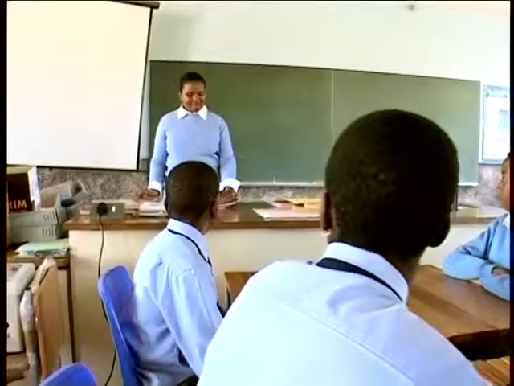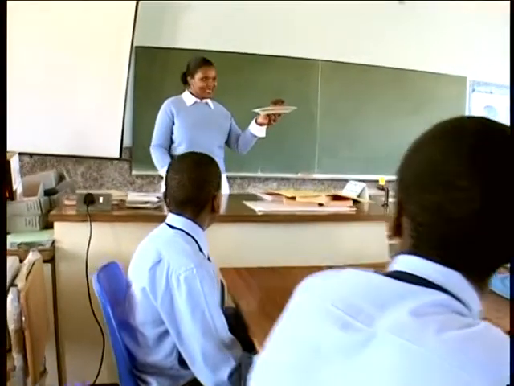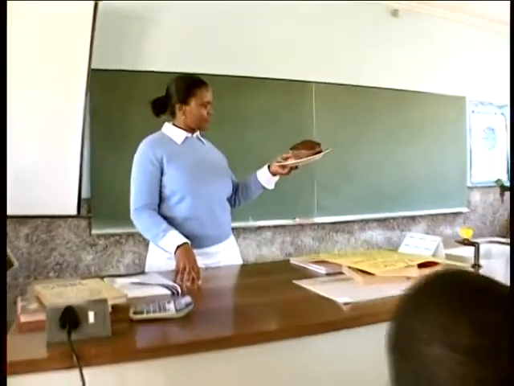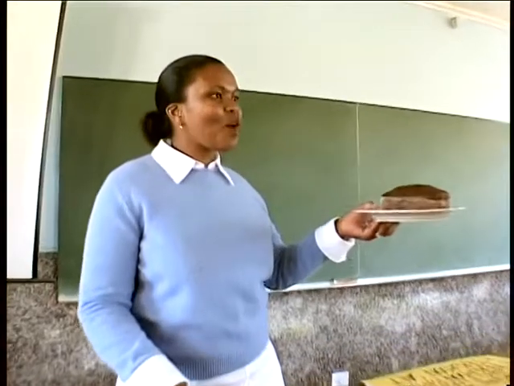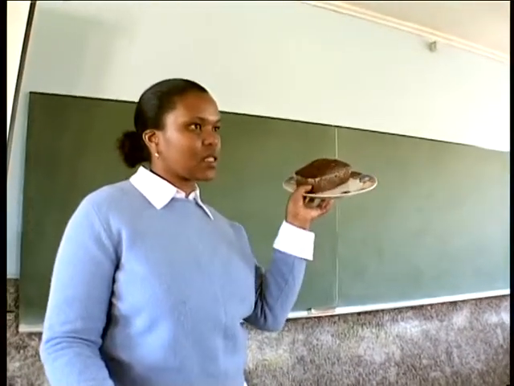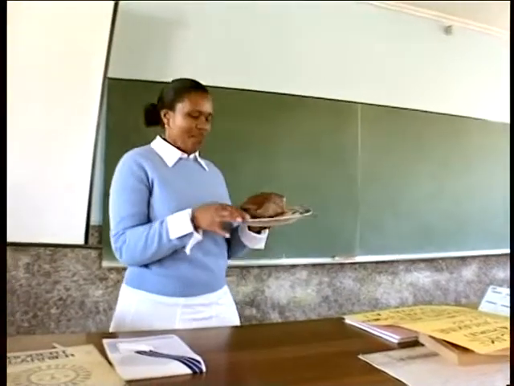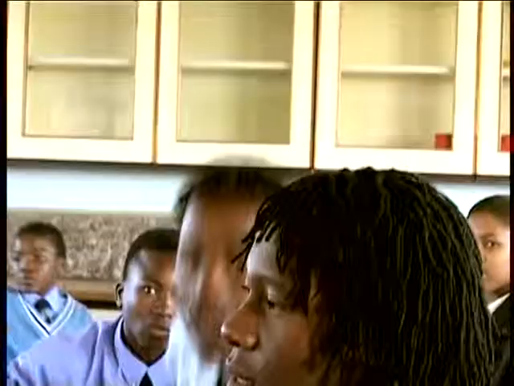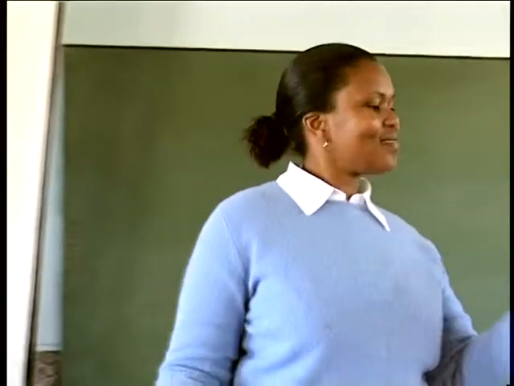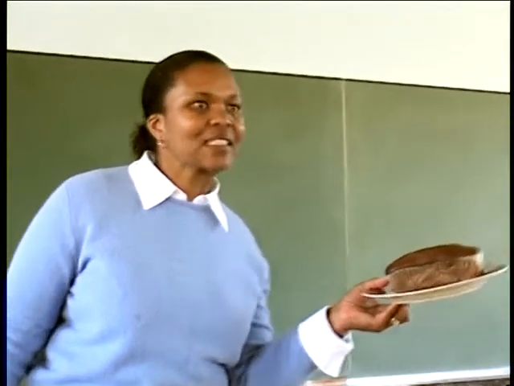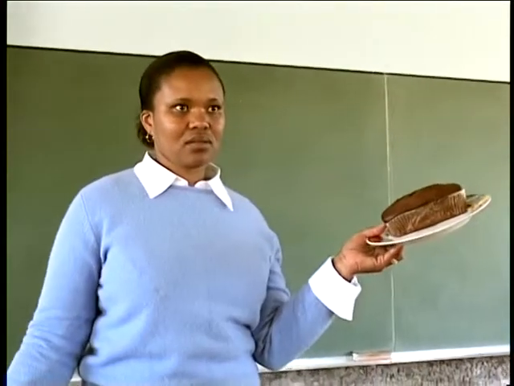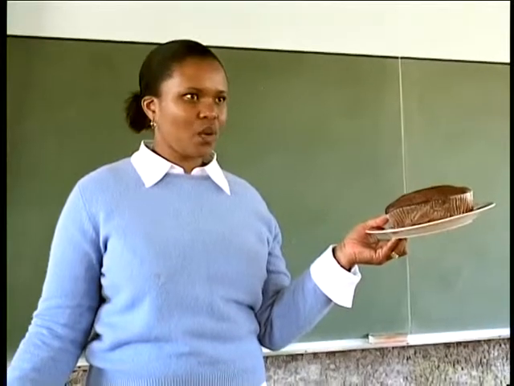Nomsa Mnisi is teaching a lesson on cooking. No, this is not home economics. It's math literacy. Nomsa produces a small banana cake and asks the learners to guess how many people it will serve. 6. Then it's 6. No, I'm not so sure. It's going to be 6. I think it will serve 4 people. 1 man, 1, because I'm very hungry. No, man. This banana loaf can feed more than 1 person. The cake only serves 4 people.